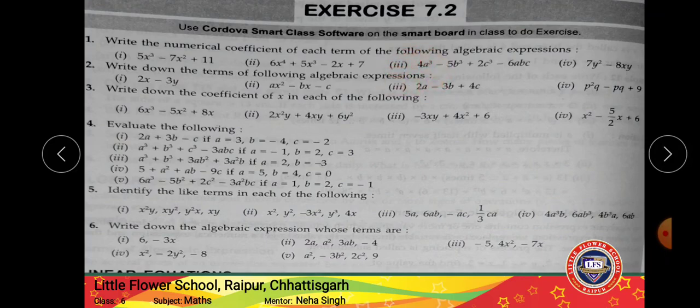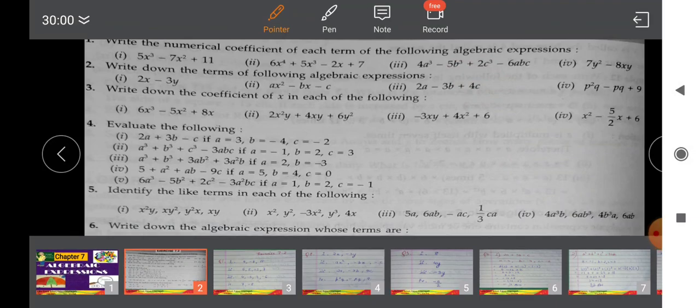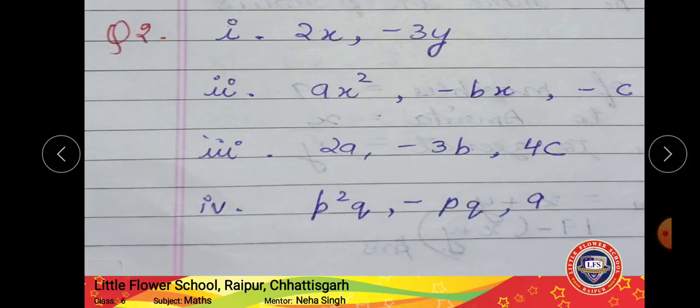Similarly, 2a, minus 3b, 4c are the terms for the next one. 2a, minus 3b and 4c. Similarly, you can do the fourth question, right? All these questions are very easy, just basic knowledge of algebraic expressions. Okay,